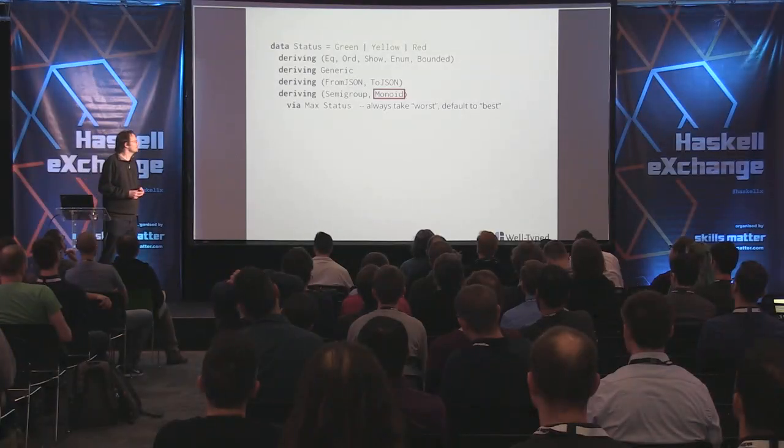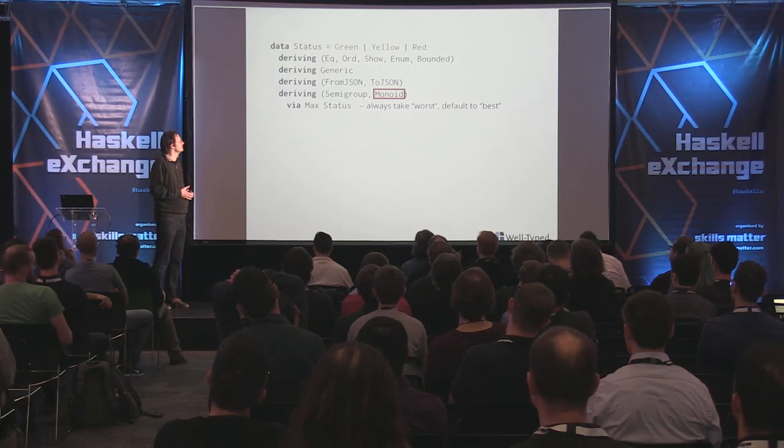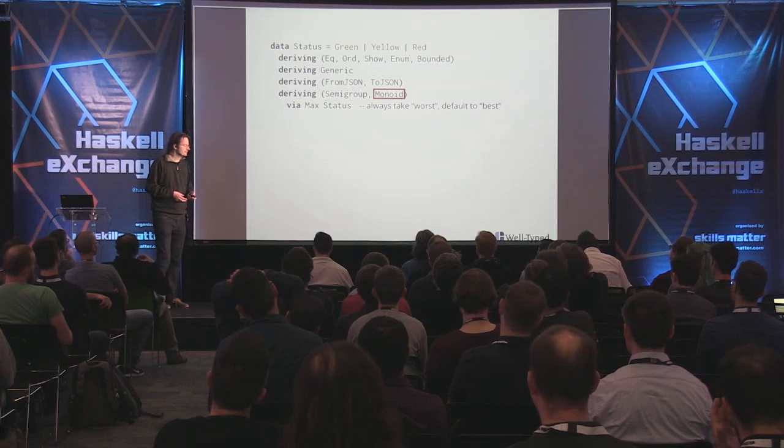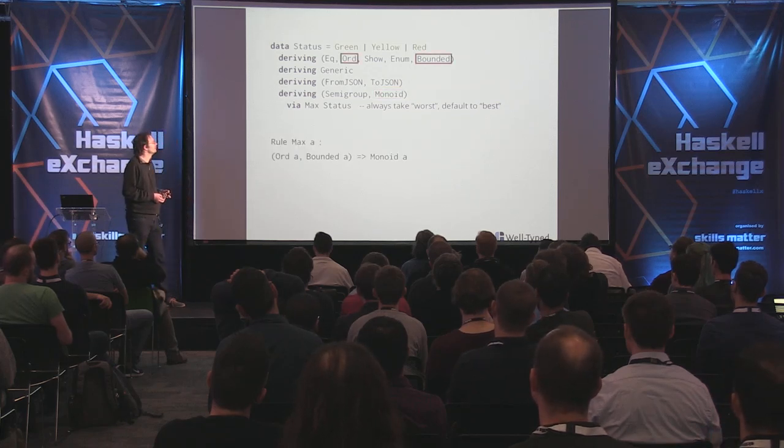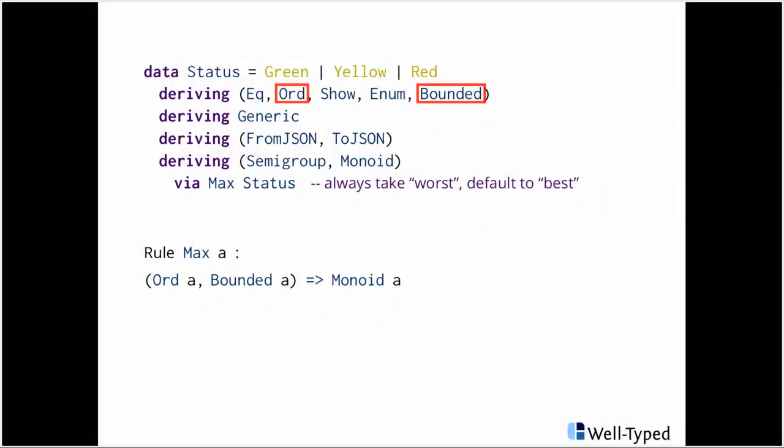And if we want to do the maximum, we basically need to have bounds so that we can pick the lower bound as a neutral element, right? So there is another implicit rule, Max A, that says if we have an Ord A and a Bounded A instance, we can produce a Monoid instance. Okay, so this is the essence of